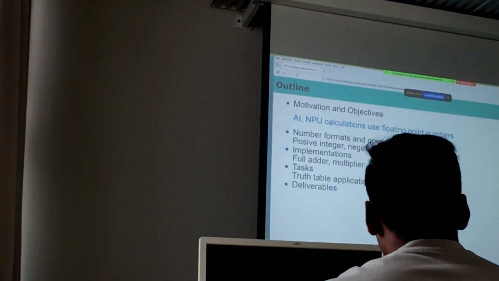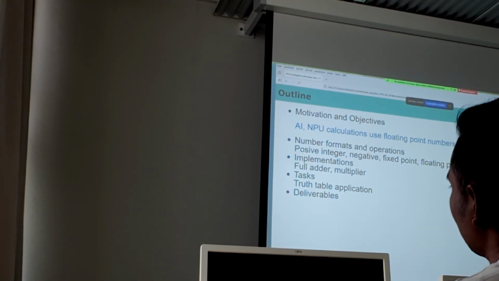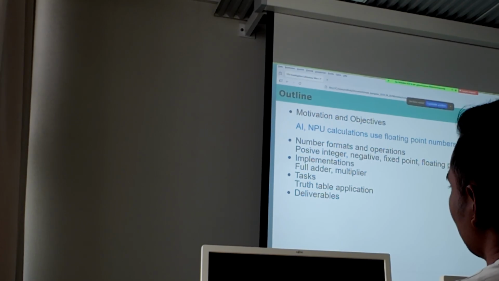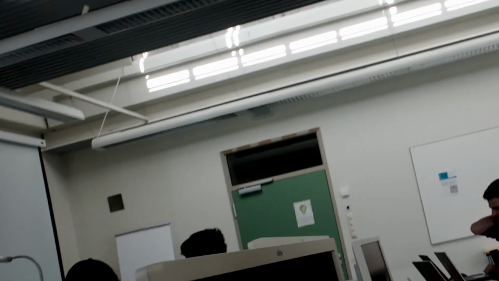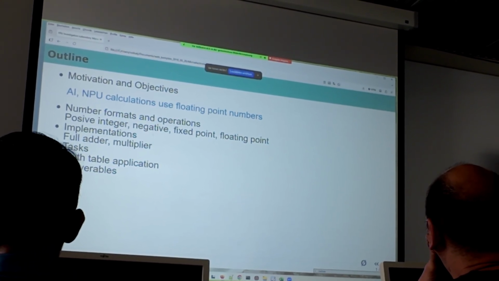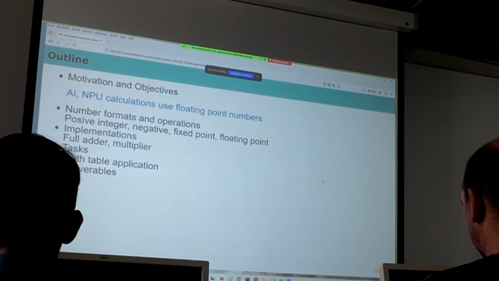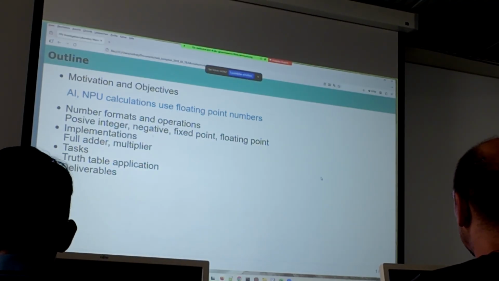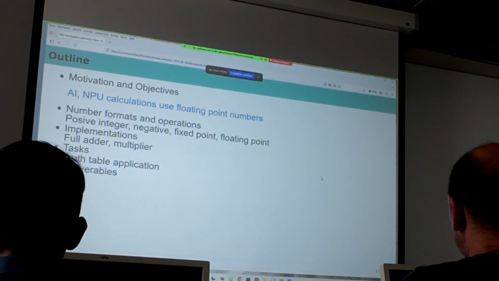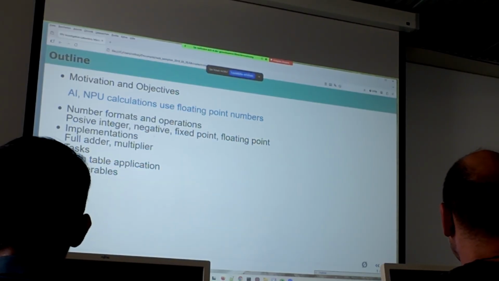So the motivation to look into that one is because if you look at the AI trend at the moment, there are the NPU calculations and they use floating point numbers. And if you use floating point numbers, the bigger they are, the more computing power they need. And so the motivation is to have floating points with a very small number of bits. So I looked into that one and looked at some